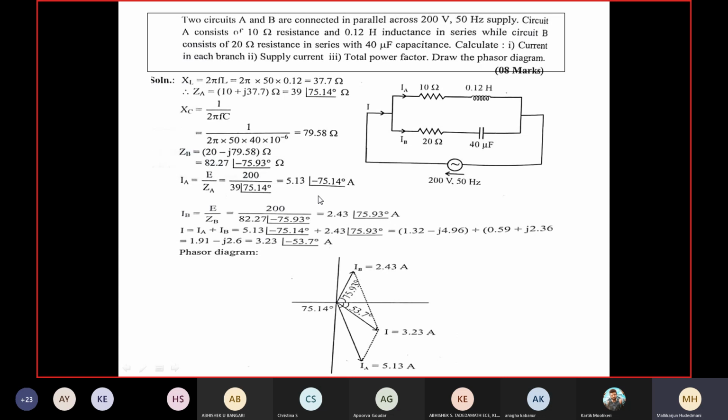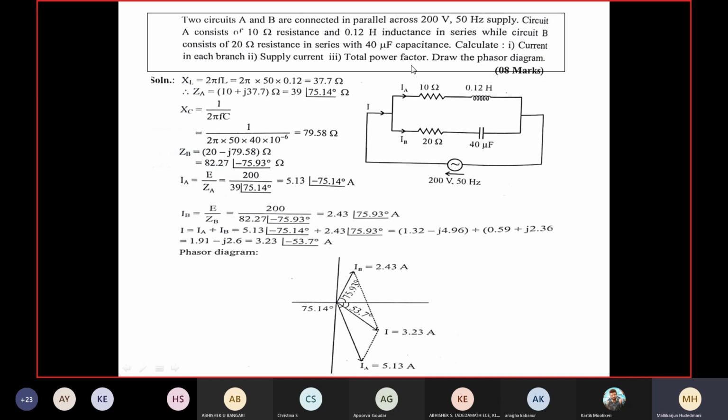Don't do that. You do this calculation only in the calculator, in complex mode. You may do it in rectangular. In rectangular, real you can add, J you can add. But in polar, it is not so easy. That is my request: do it in calculators only. Therefore, it is a vectorial addition we have to do. Hope you are understanding me carefully. You add them vectorially, you get the result. Can you see here? Copy correct is possible both in rectangular and polar.